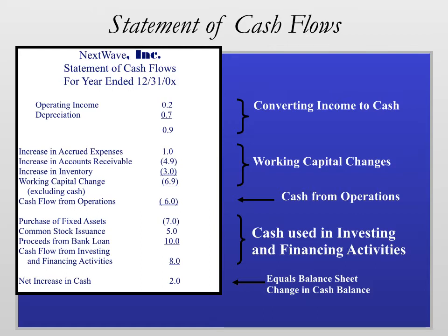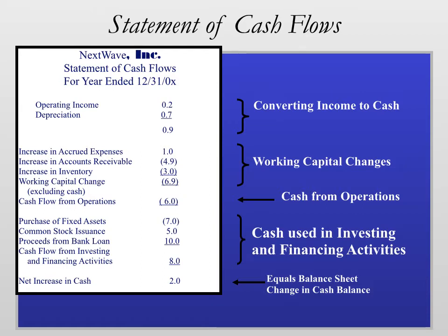If you can remember depreciation expense, we had already spent the money on the plant and distribution center, the $7 million, but then we had to expense that as we used it over what we thought would be a 10-year life. So the reason why we add back depreciation expense is that depreciation is treated as an expense on the income statement to get to a net income number, but it's not truly a cash expense because we've already spent that, in this case, in the building of the plant and distribution center. Then you can see we have that 0.9 represents cash from